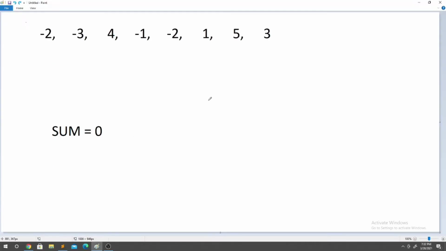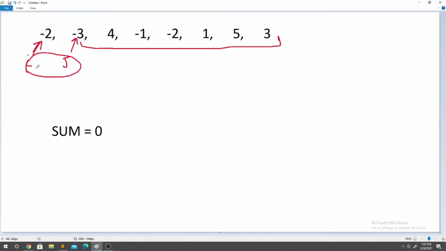The brute force approach says that we are given this array, so start a loop i from the first element. This will mark the starting point of our subarray. Now start another nested loop, j, which will go from i plus 1 till n, and this will mark the ending point of our subarray. So starting from each element going till each element, we will get all the possible subarrays using this i and j.